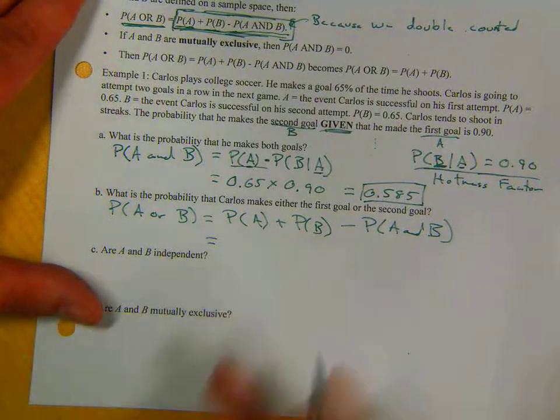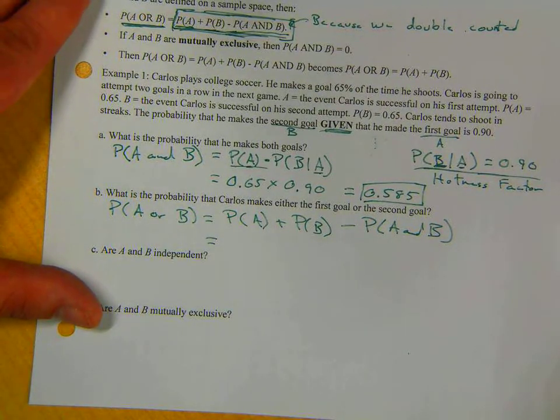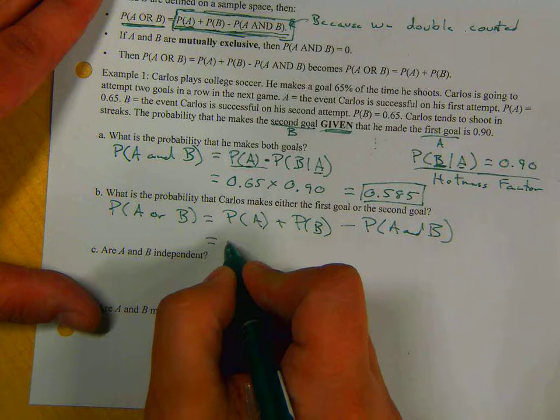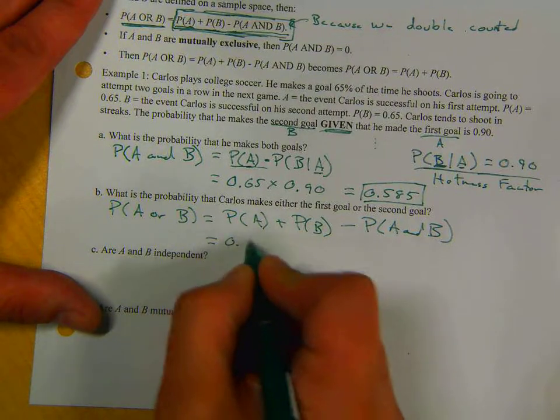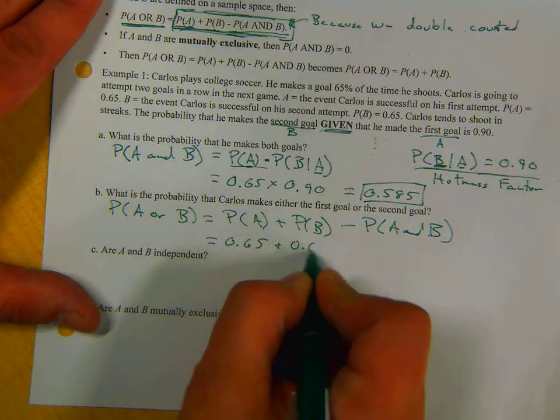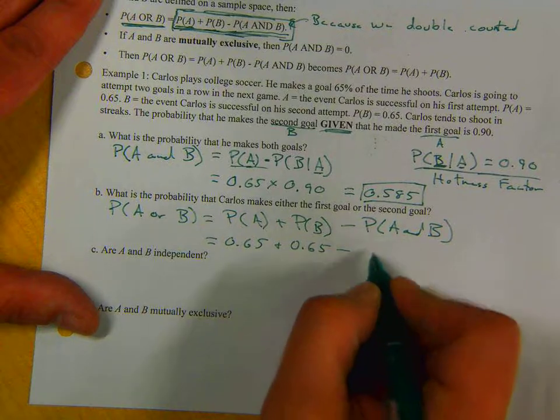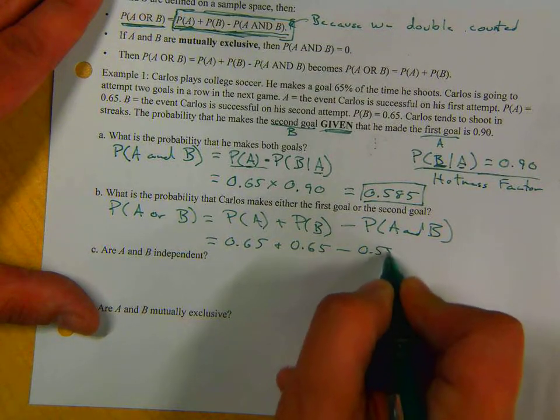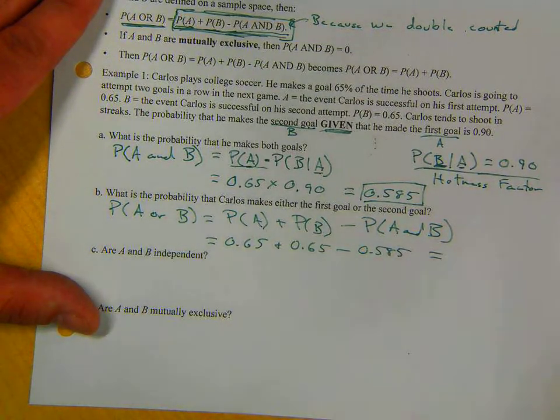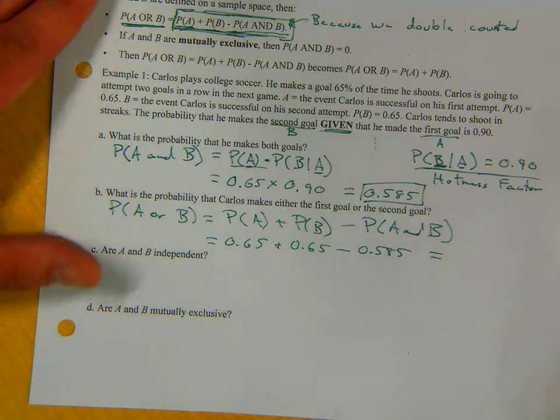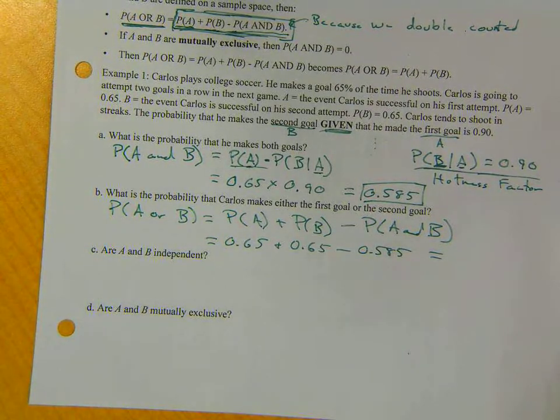See, harder to see that double counting feature, right? But it is that double counting feature. So probability of A is 0.65, probability of B is 0.65, probability of A and B is 0.585, which we just calculated. If I were to forget this subtraction and added those, I would get 1.3